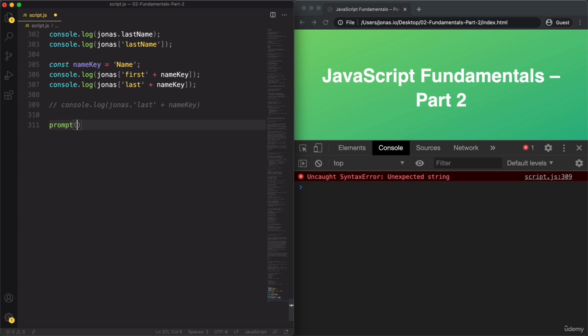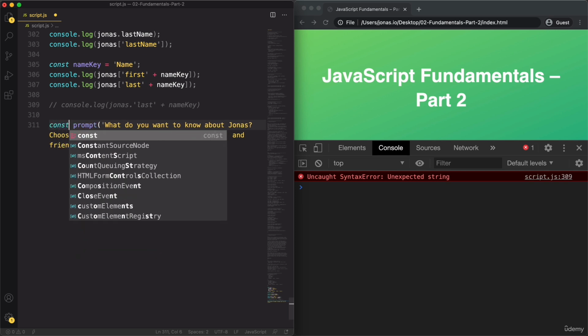So here we can write a string, and then this will create a pop-up window with an input field, remember? So here we can write, what do you want to know about Jonas? Choose between first name, last name, age, job, and friends. And remember that this function will then return a string, and this string we just need to store into some variable. So let's call this one